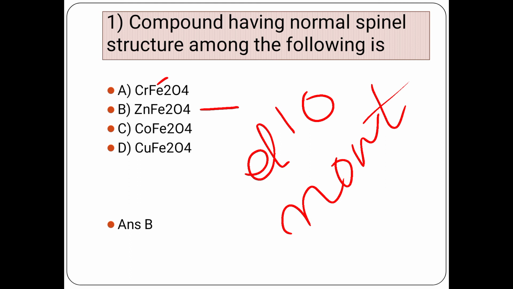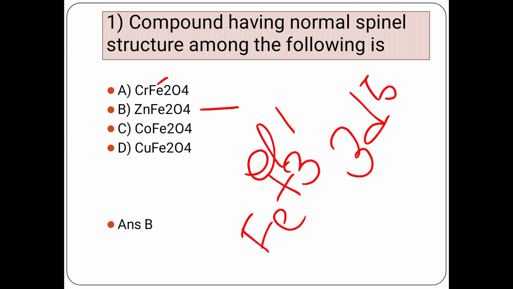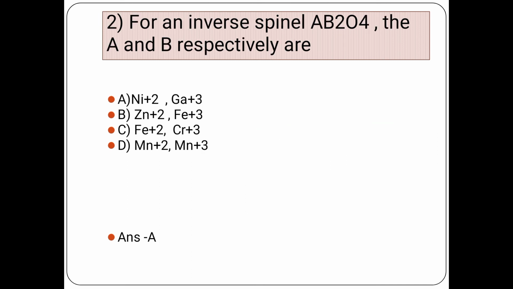Fine. Then iron plus 2. What is the oxidation state of iron? In the first slide I told you it is plus 3. And iron plus 3 is a D5 system. So D5 system meaning again it is a non-transitional case. So zinc you've got non-transitional D10, iron also you've got non-transitional D5. So the answer is option B. You can try for the rest to see what it comes to. Is it normal or inverse? I know it's inverse, but you can still check it out.